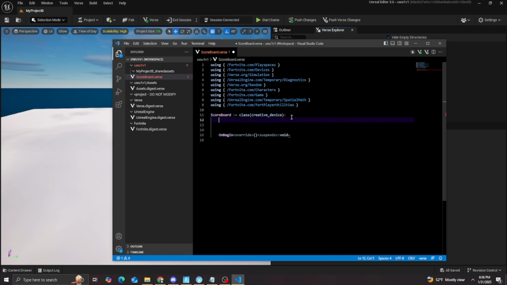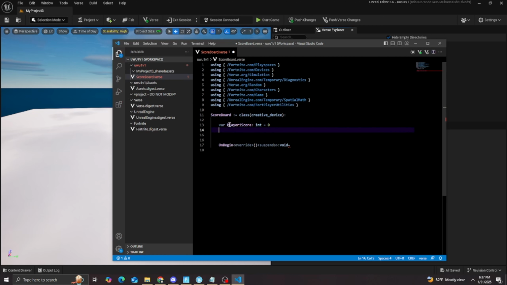For the scoreboard class, depending on how many players you have in your game, you're going to add a variable for each player's score. So I'm gonna have 3 players, so I'm gonna do player 1 score, int equals 0. And by the way, since I am using the HUD message devices, you can only have, I think,